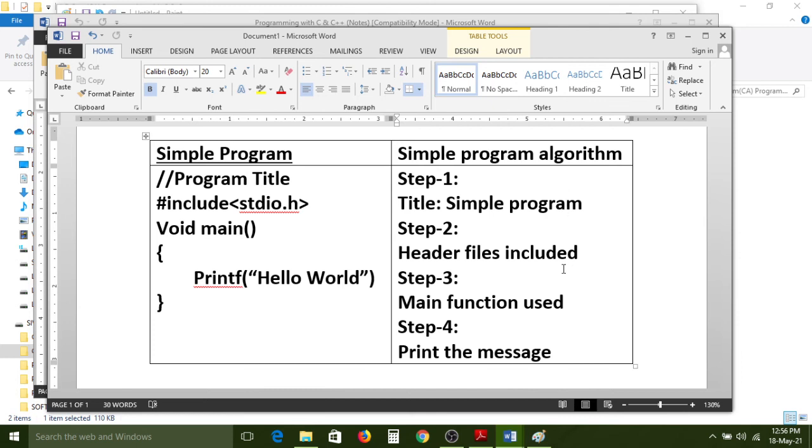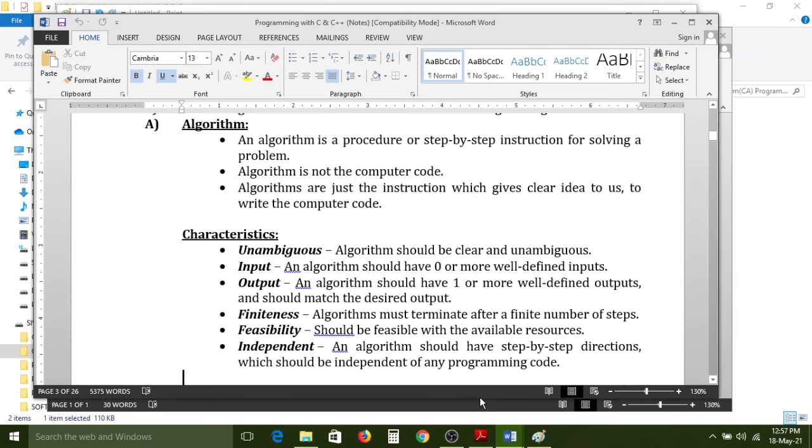No. That's why the algorithm plan is compulsory, and it should be clear for the owner to understand. Then only he will approve this project. When he approves, immediately the software people will design the actual code. Otherwise, he needs to design a new plan for this project. So like that, we need to create algorithms. Unambiguous means there is no confusion in the algorithm.